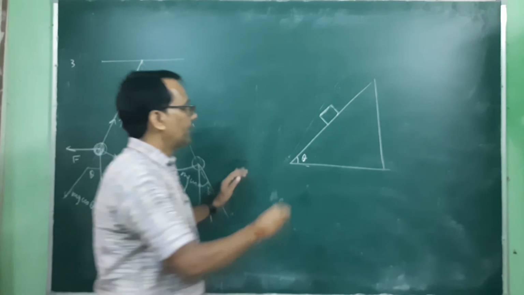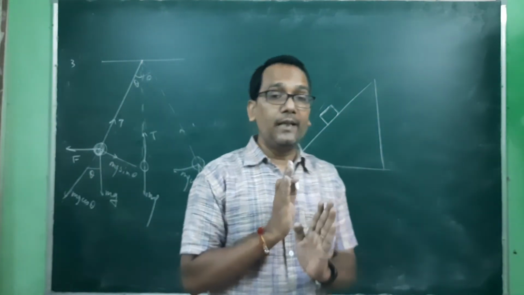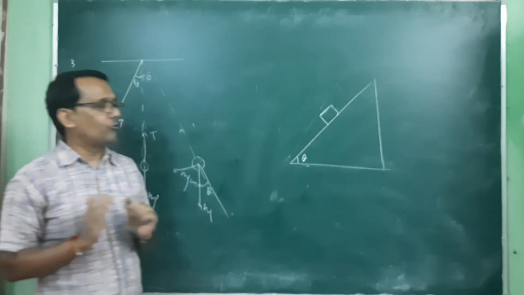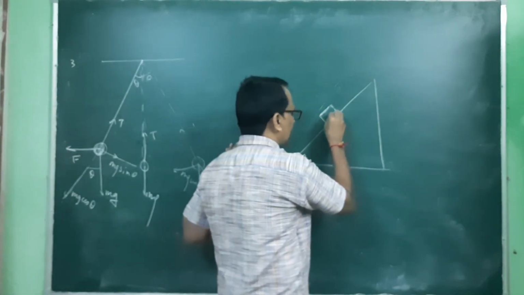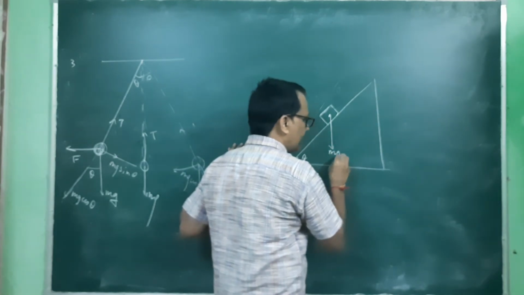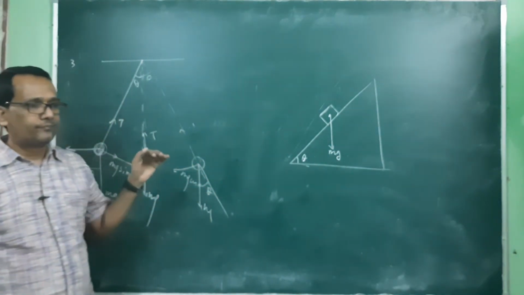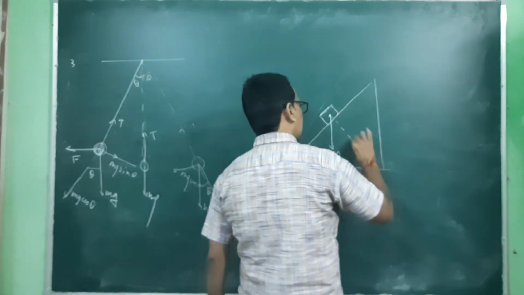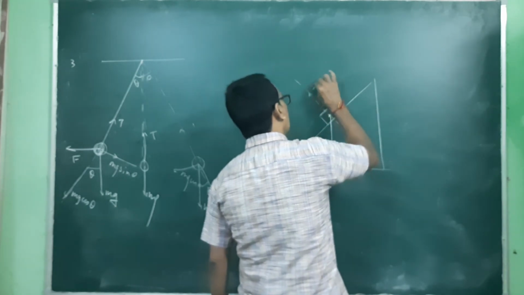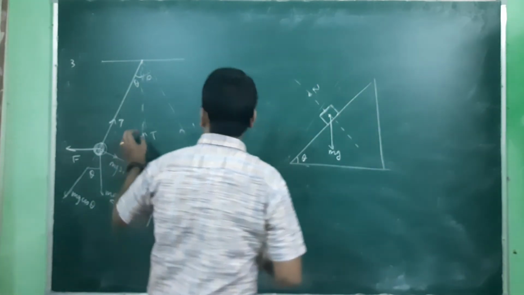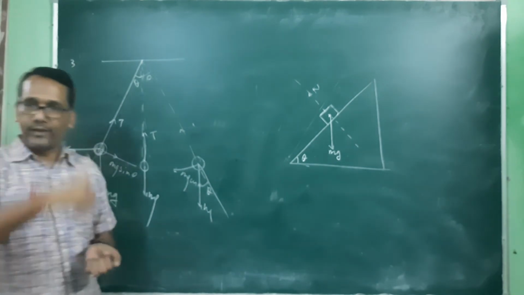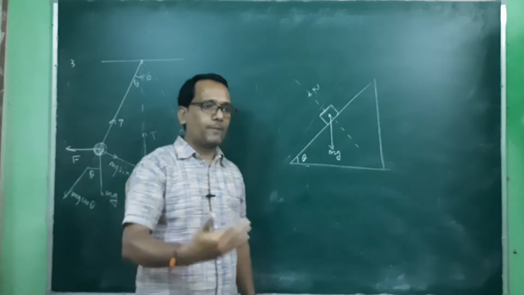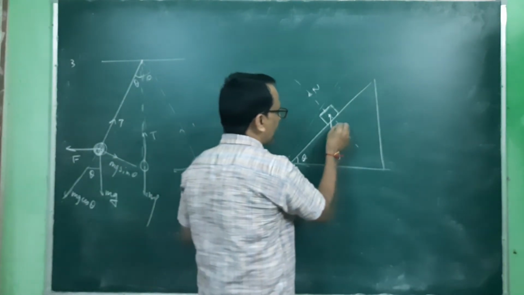observe it carefully. I have said to observe every part and every component of force very thinly: in which direction how much force acts. Along with the magnitude, you have to keep the direction in mind. So here this is the force mg, always toward the center of earth, and if this angle is theta and this is the normal. If a body is kept on a surface, a normal force, a reaction force, acts. So this is the surface, and this is the normal force exerted by that plane on that body. So this angle will be theta.